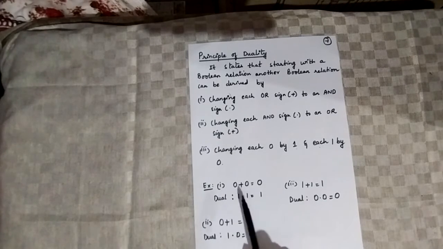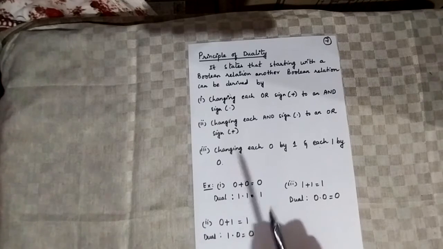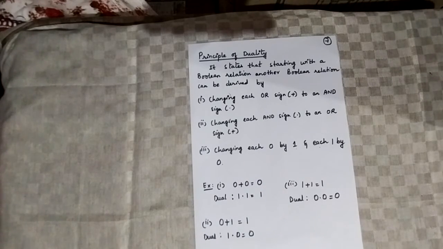So you have seen now for a given relation how we find the dual of it. If a given relation is a truth accepted fact, even the dual of it is going to be a true accepted fact. It will be a correct relation only, because according to our postulates 0 plus 0 results in 0. Similarly, according to the postulate, 1 dot 1 results in 1. So these are true relations only. It's not just changing and giving any kind of relation which we like. When we get a dual, it will be a true fact only.